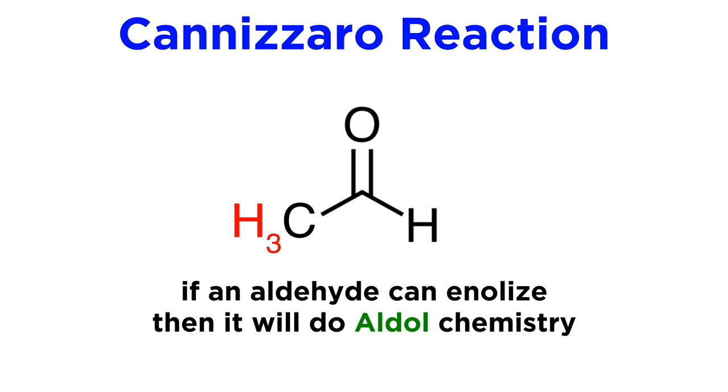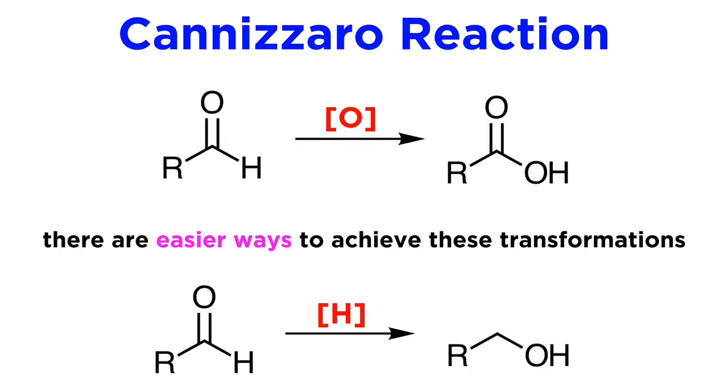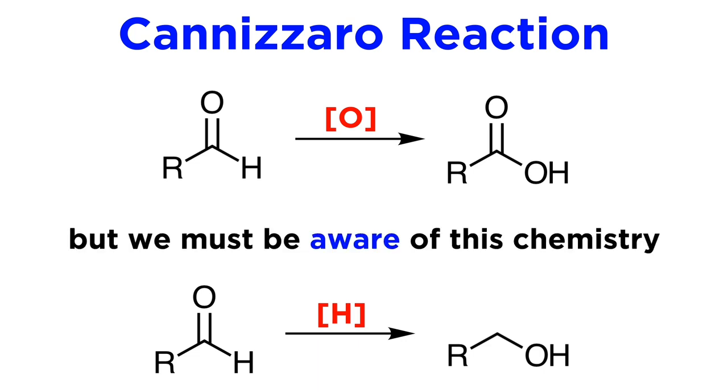If the aldehyde is enolizable, meaning that it has alpha hydrogens, then enolates tend to form, followed by aldol reactions. The synthetic utility of the reaction is limited because there are better ways to oxidize an aldehyde to a carboxylic acid or reduce it to an alcohol. It is, however, important to be aware of this reactivity when planning reactions of aldehydes under basic conditions, such as